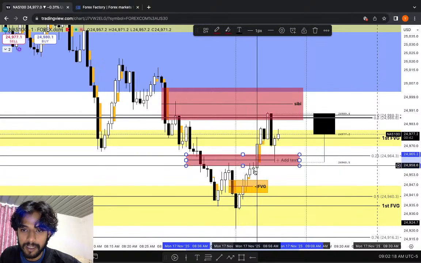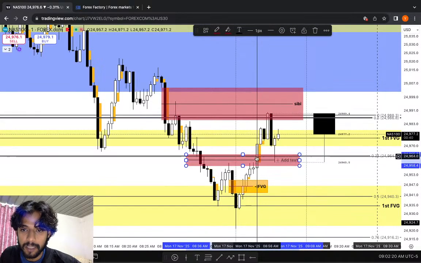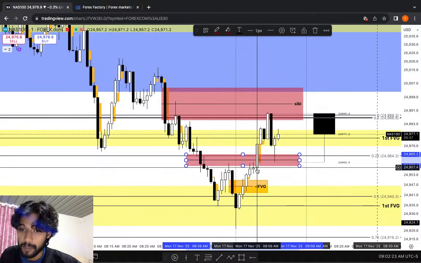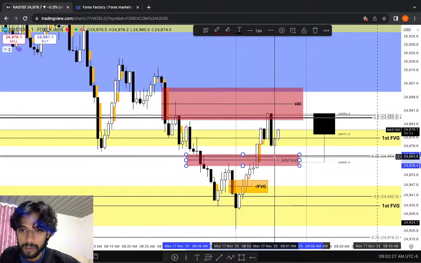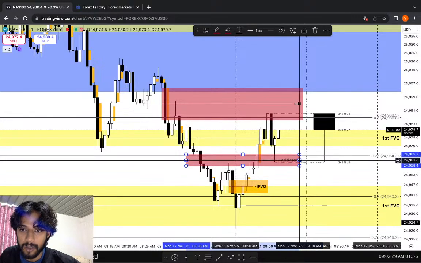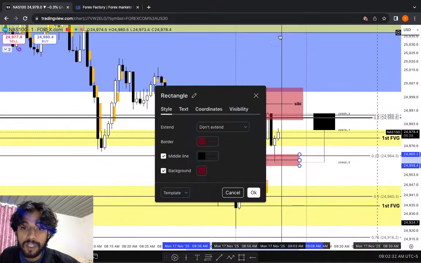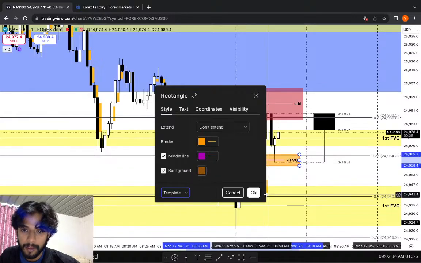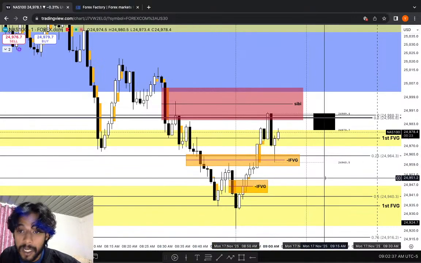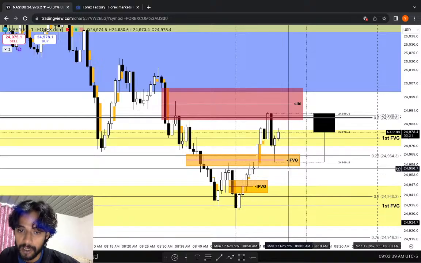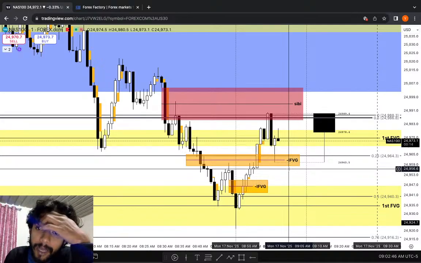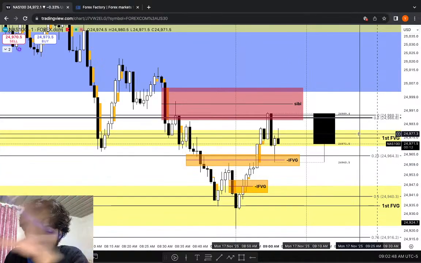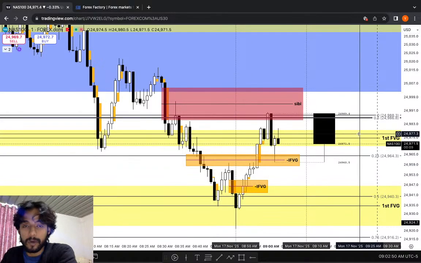Okay, as expected, it broke that sell side imbalance, buy side inefficiency on the 3-minute time frame. We have this inefficiency from the 3-minute. It broke that, came down, touched the high of it. This gap is now also acting as the inversion fair value gap. Okay, it's not inverted, something like that, it's inversion. It's inverting its role. But my point now is, I'm not interested in pushing any buttons now. Let me tell you that. I'm very clear about it.